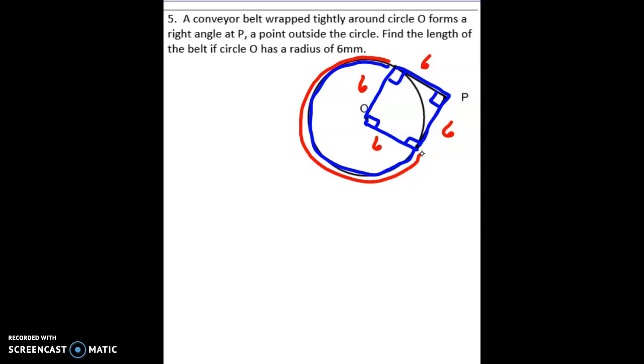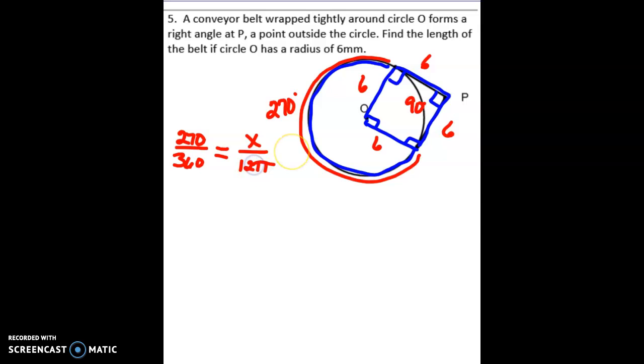Remember that this right here is 90, so this is 90. So this red arc length will have an arc measure of 270 degrees. Okay, so we're trying to figure out what this red length would be. To figure that out, we're going to say 270 is to 360 as what that arc length is to the circumference,